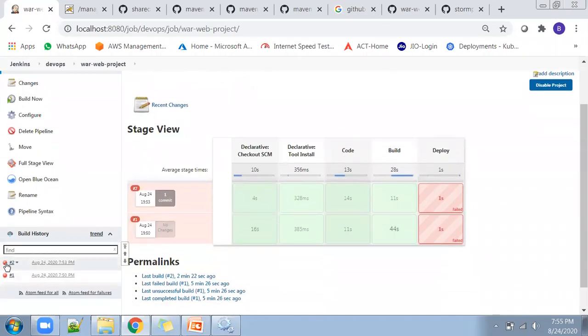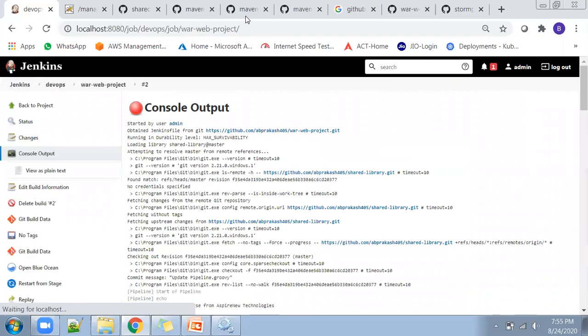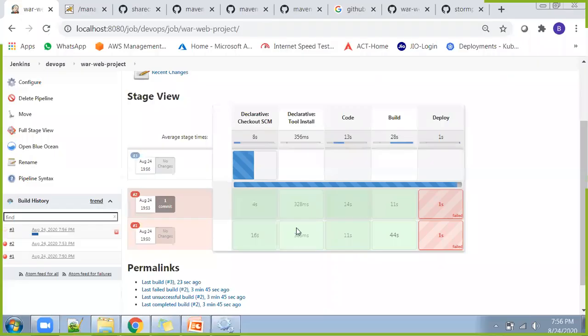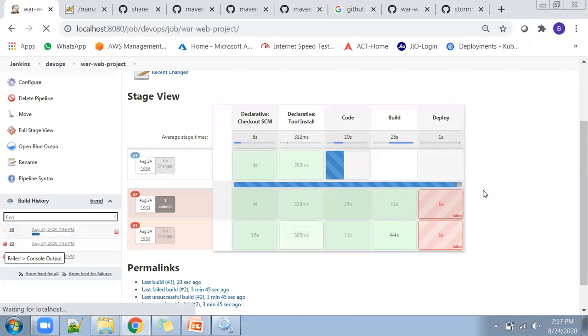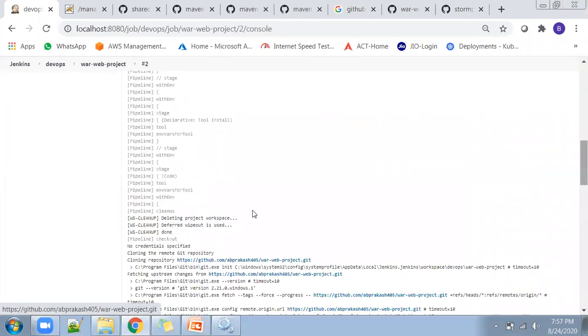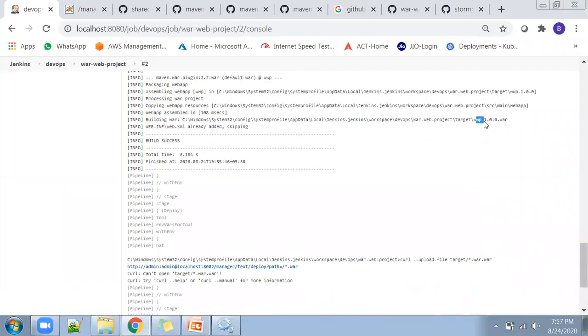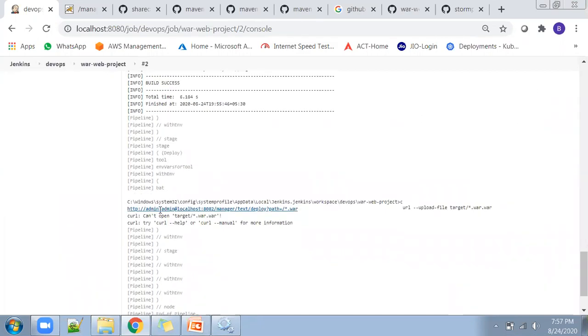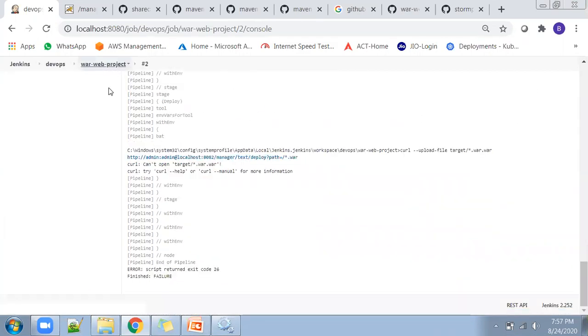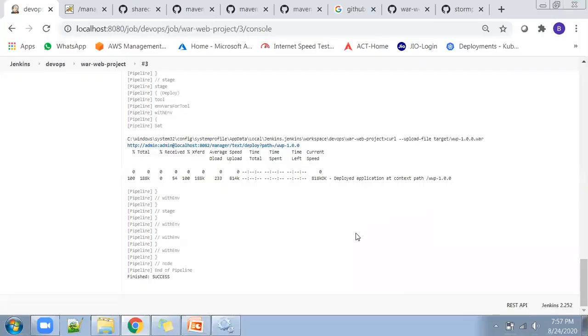If you see here on the screen, the stages are getting successful, just like previously. The deploy stage has failed. Let me see what the reason is. You see in this previous build, for some reason, it didn't take the latest name which we have given. The name which we have given is www.wip100.var. That name it didn't take. Let's see this time. Yeah, if you see this third build, it was successful, and it uploaded the deploy name which you have given.